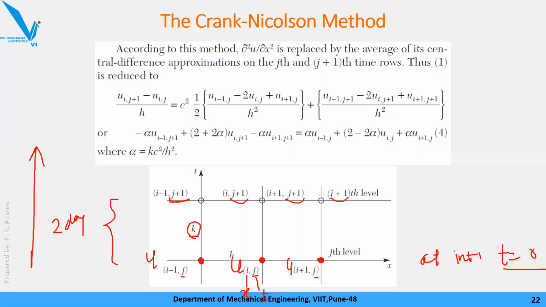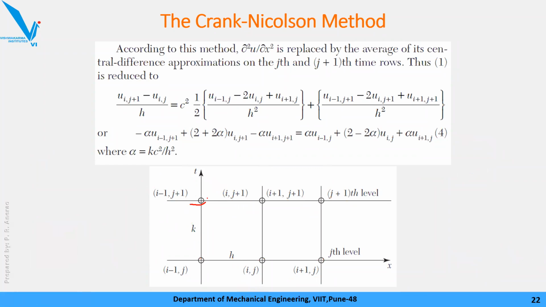Again at the same level, that is on the right hand side, center and left hand side, the temperature is computed, U is computed. Okay, now if we go back to this formula, here you will see U i minus 1 comma j minus 1. Okay, so i minus 1 comma j, j plus 1. So that is this corner, this point. So temperature at that point into minus alpha plus 2 times 2 alpha, 2 plus 2 alpha times